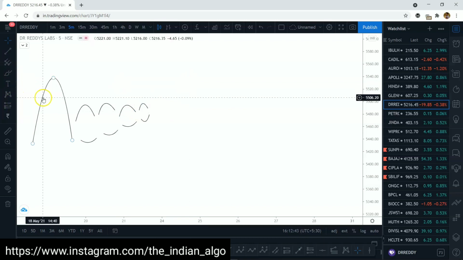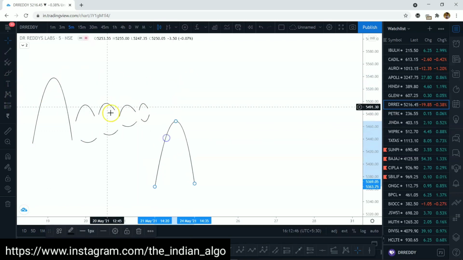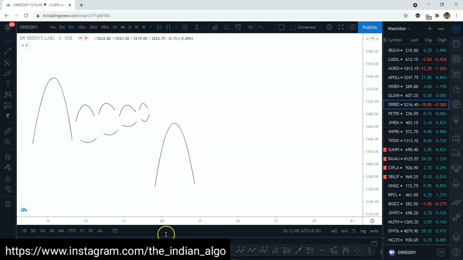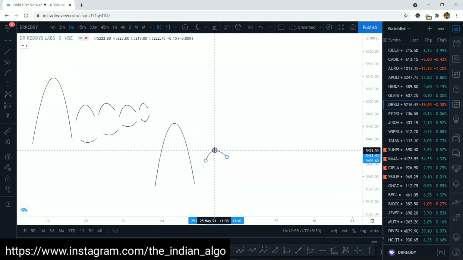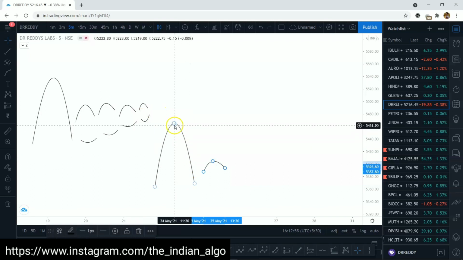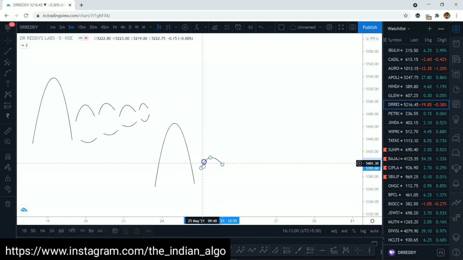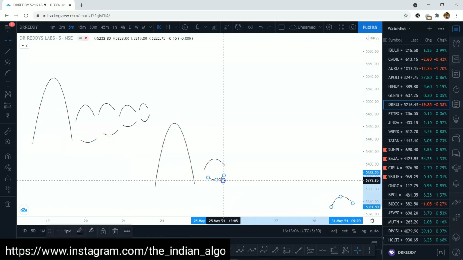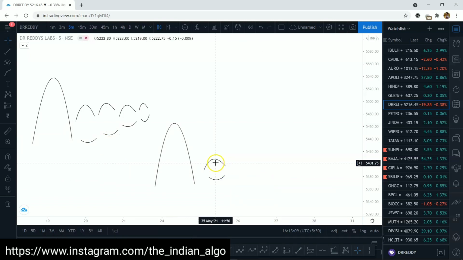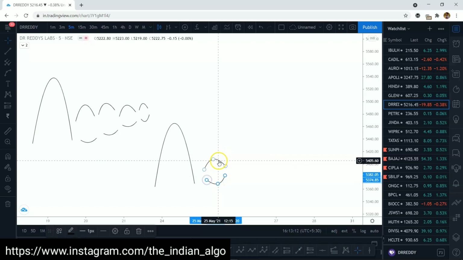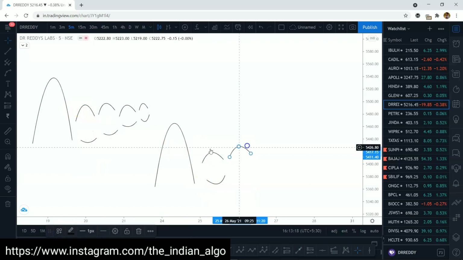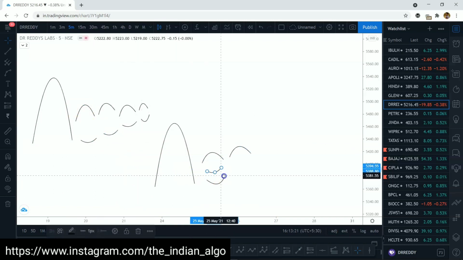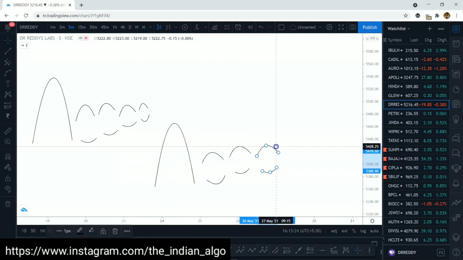Before moving on to that, there is one more type of volatility contraction pattern, just a different scenario, that looks pretty similar, but there is a small stop loss hunt in it. So it's going to look something like this. You let the prices fall down, you let it create some sort of volatility contraction. So the volatility is here, and this is the contraction part where the prices are squeezing down. Probably the first contraction is a little huge, then you will start seeing smaller ones, something like this, and then this.